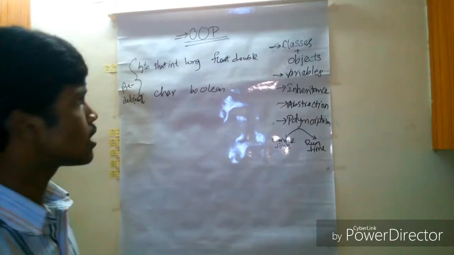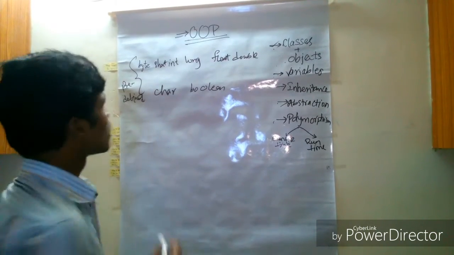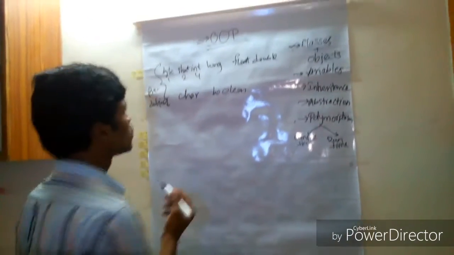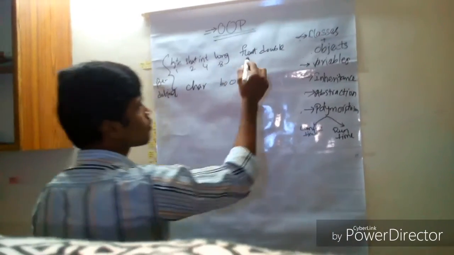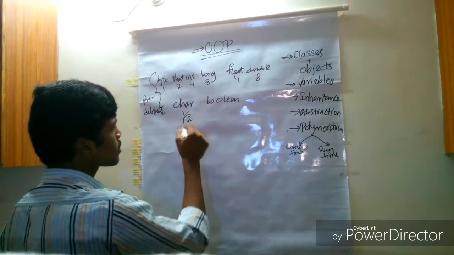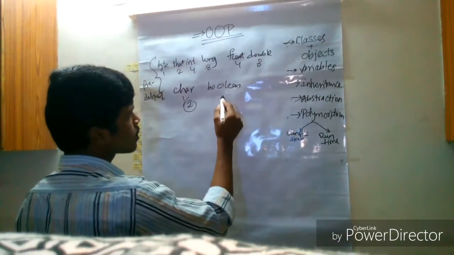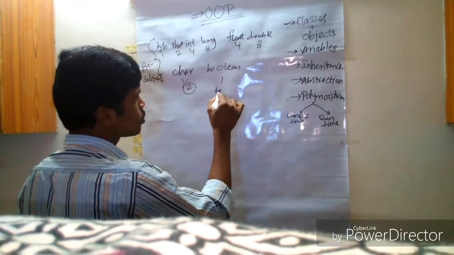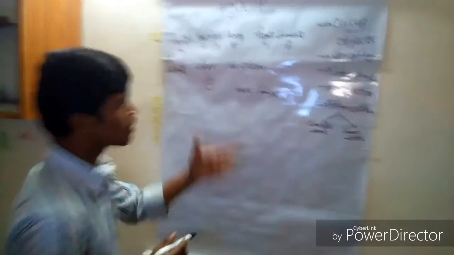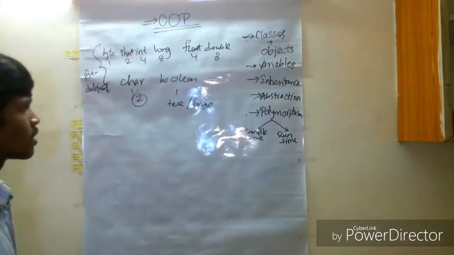We cannot allocate any separate memory space for them. It is fixed. Byte is 1 byte, short 2, int 4, long 8, float 4, double 8, character 1, and in some compilers sometimes it may take 2 bytes, and boolean also 1 byte. The boolean has only 2 values, either true or false, or any condition which gives us the same state.